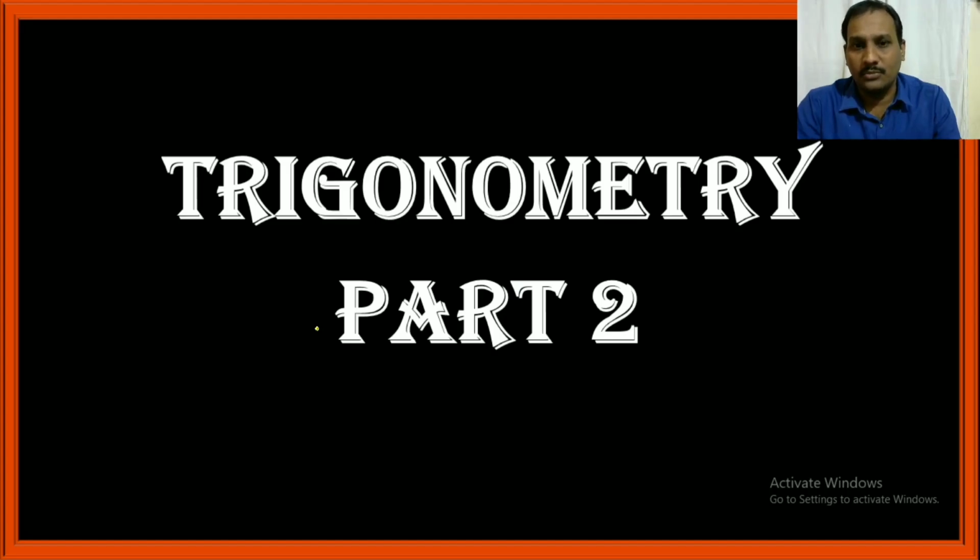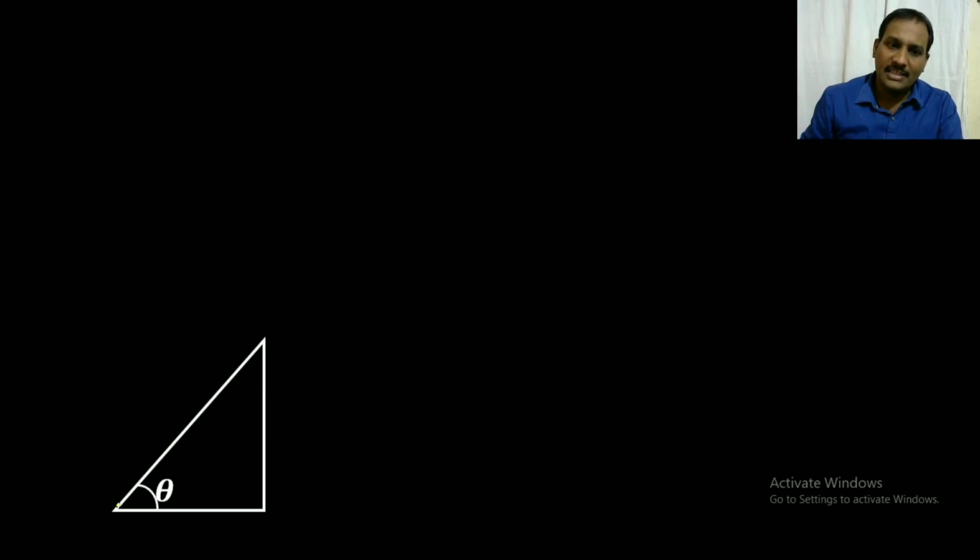Trigonometry Part 2. Before watching this video, make sure that you have watched Part 1. In the last session, we learned about the trigonometric ratios. If you take a right angle triangle and if this angle is theta and consider the vertices as A, B, C,